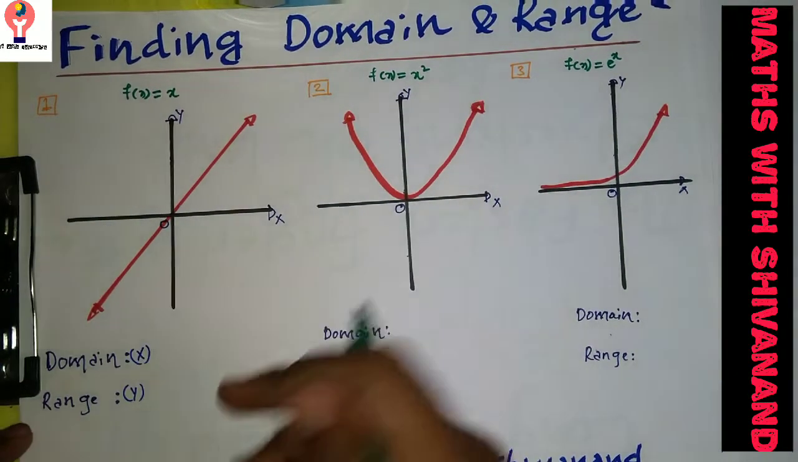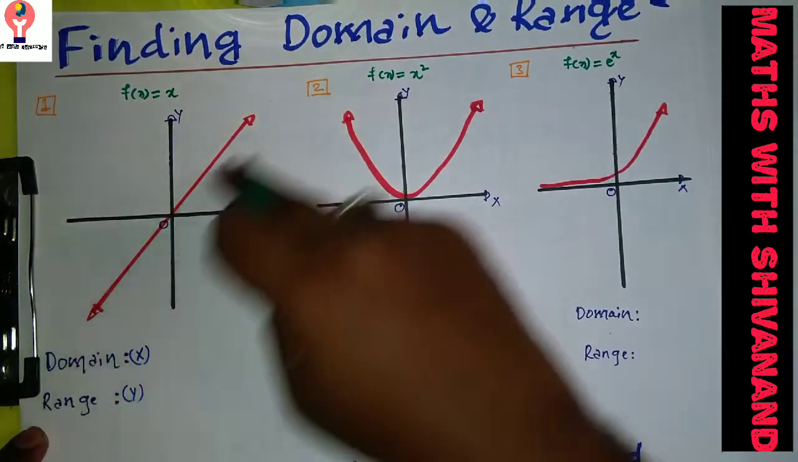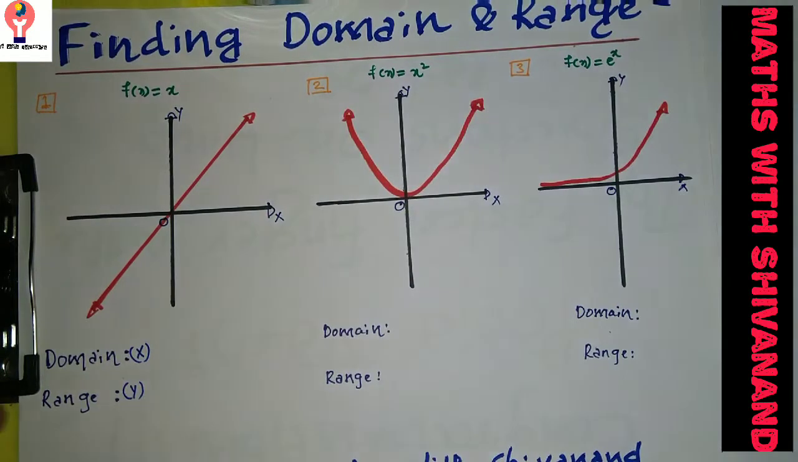Okay, let us see. I have a function f of x is equal to x. It is a linear function, a straight line. So the domain is nothing but